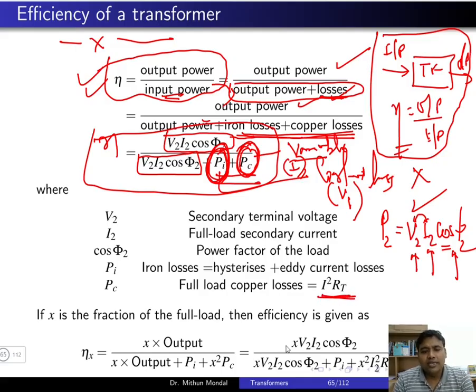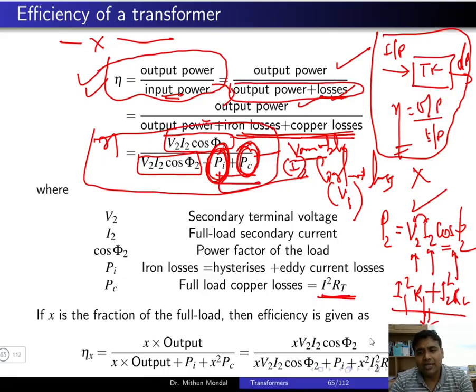Now remember here, in case of a transformer, either you can calculate I1 square into R1 plus I2 square into R2, or you can refer the resistance of the transformer either in the primary circuit or the secondary circuit, and then you can do IN square into RT. So N can be 1 or 2, either in the primary circuit or in the secondary circuit, and RT is basically the total resistance in the circuit. So iron loss, which is the sum of the hysteresis loss plus eddy current loss, is constant.